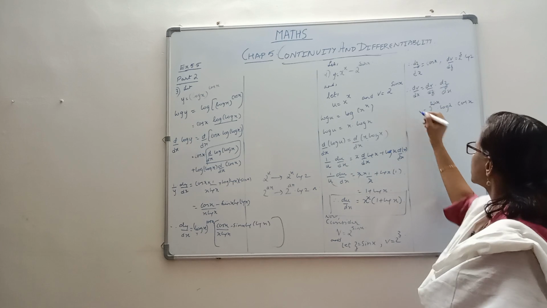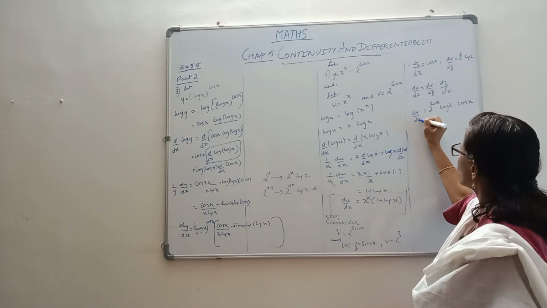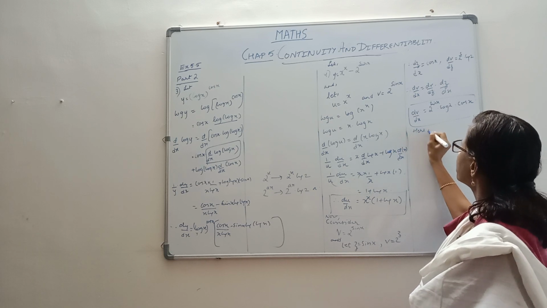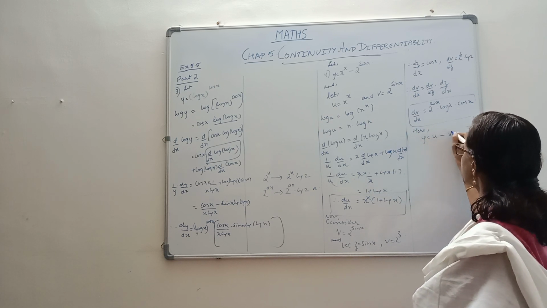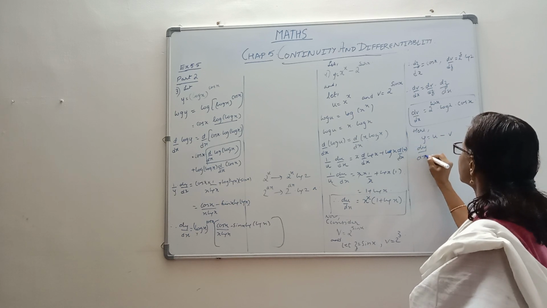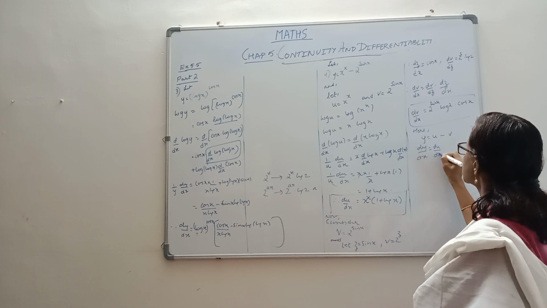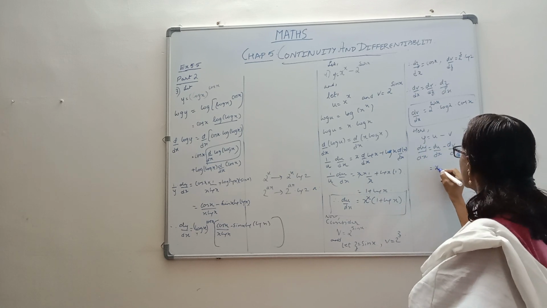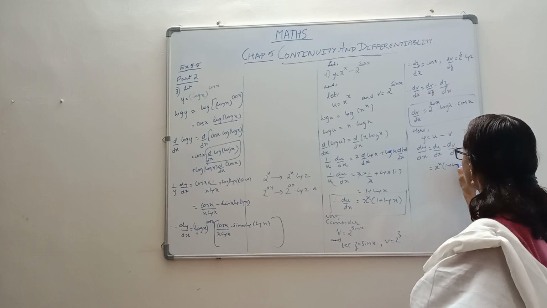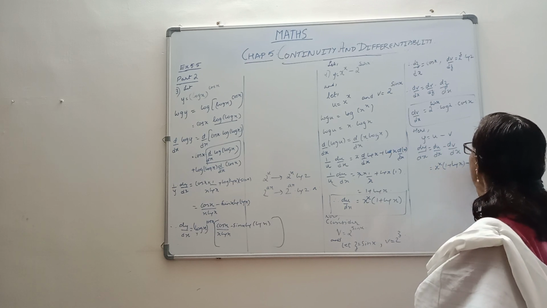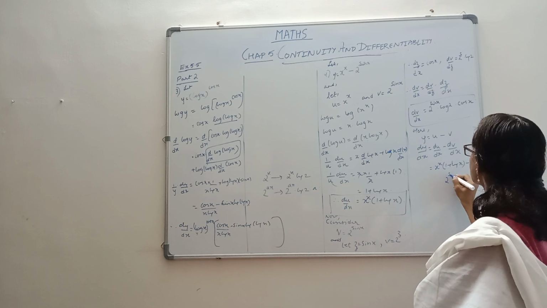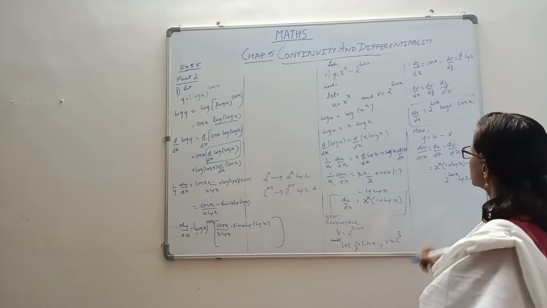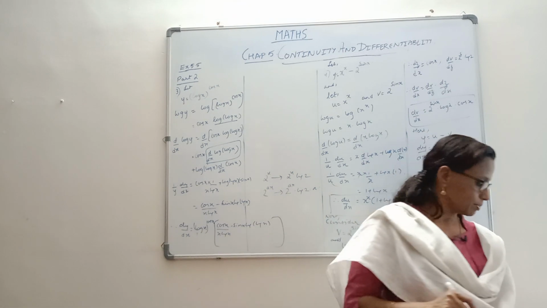Right. What all this is getting done, we will come back to. Here what has happened is we have made y as u minus v. So automatically when we take the derivatives, dy by dx will be du by dx minus dv by dx. Since we have that ready, we can put it. Du by dx is x raised to x times 1 plus log x, and dv by dx is 2 raised to sin x into log 2 into cos x. That's the final derivative for dy by dx.